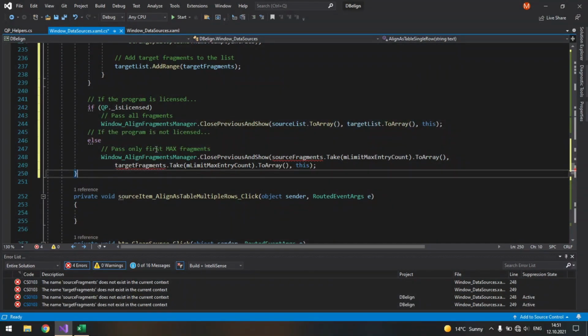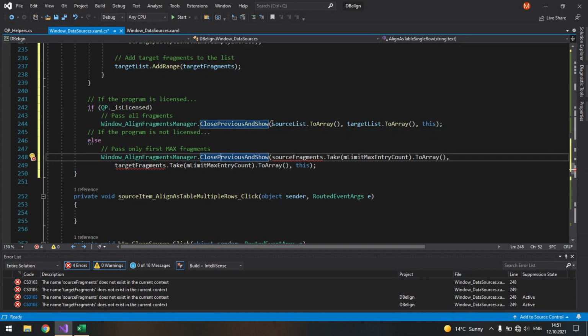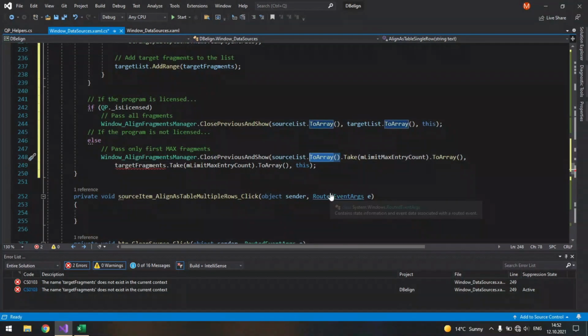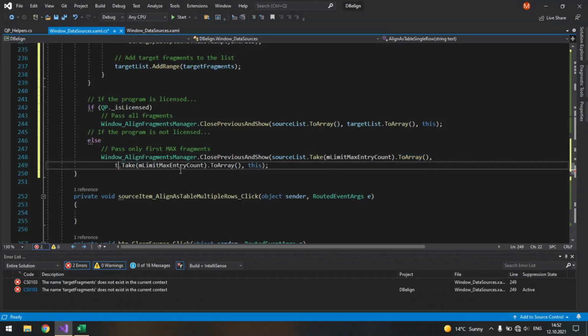And if the program is not licensed, we pass only first max fragments, and the same source list, but we convert it to array later here. And the same for target list.